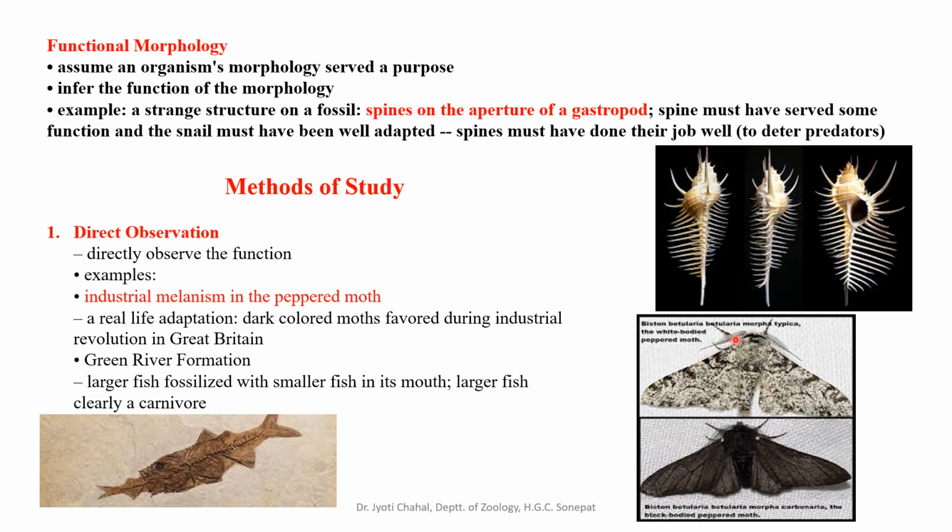Initially this lighter moth was much more prevalent because the tree trunks were covered with lichen, which had the same color as the moth, and this moth was invisible to predators because of the similar color of lichens. This color has helped in camouflage. Now because of industrial pollution, the lichens started dying out, and lichens you can also assume as a kind of pollution indicator. So when pollution rises, lichens will die out.